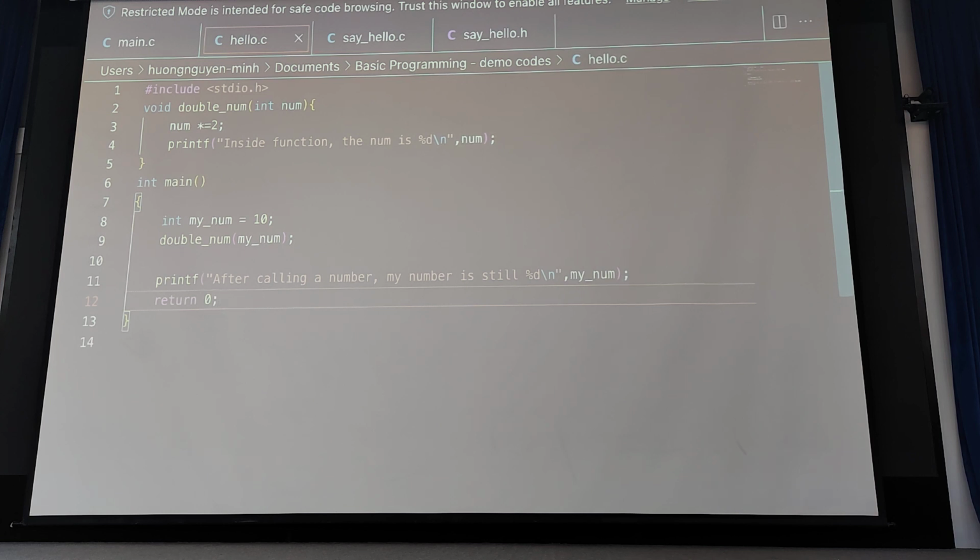Okay, now questions. What is the function in this example and what does it do?